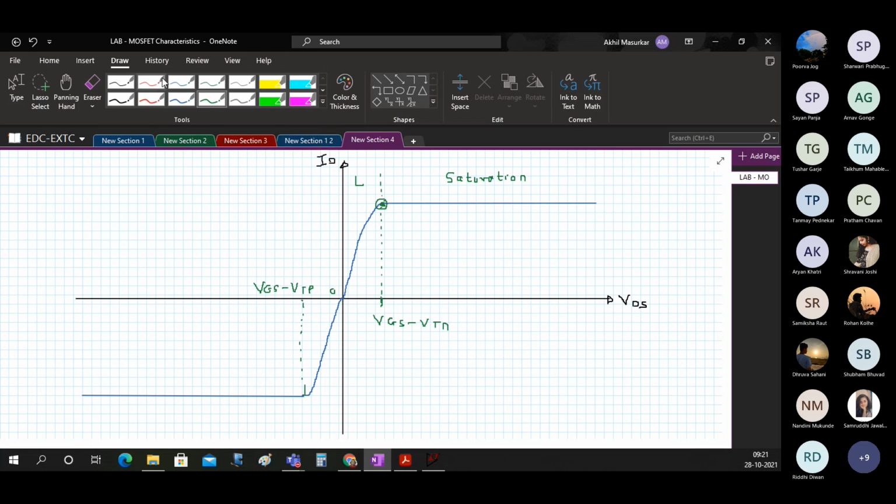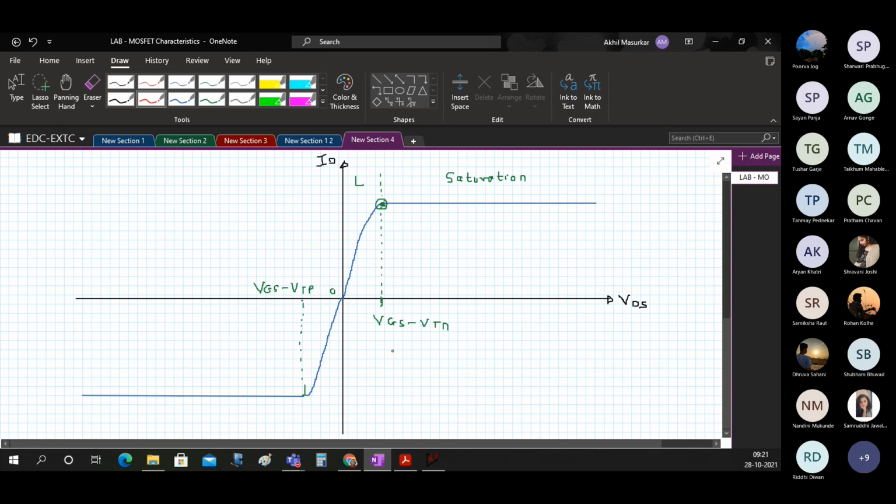Now let's take some values here. Let VGS be 2 volts and VTN be 0.5. So 2 minus 0.5 is going to be 1.5 volts, let's say for the sake of some calculation. And here we have minus 2, minus threshold voltage of the PMOS, which is always negative. So let's say that is minus 0.5.